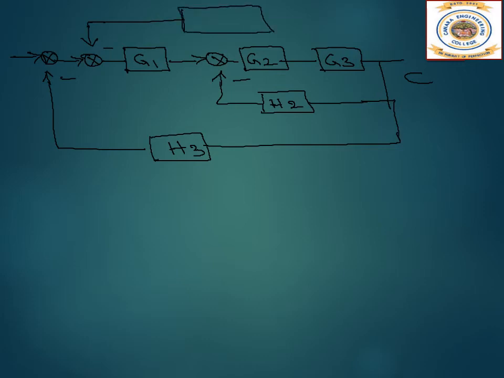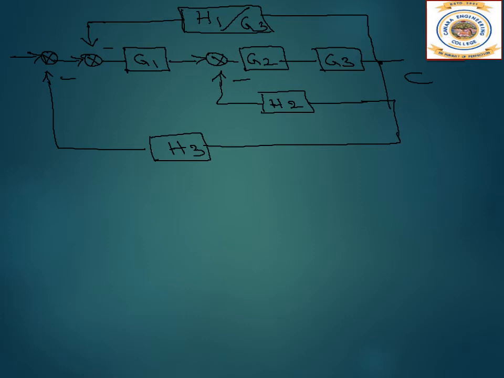So we have shifted. Now see what are the blocks, G1, G2, G3 and this H1, right? But we had previously had only G1, G2 and H1. Now we have G1, G2, G3. See here, starting from here, summation point G1, G2, G3 and H1. Previously we had only G1, G2. From here we had the takeoff, we had H1. So now extra, G3 is an extra block. We have to remove, means we'll have to divide. Okay. So here what do I have to do? I have to put H1 by G3.